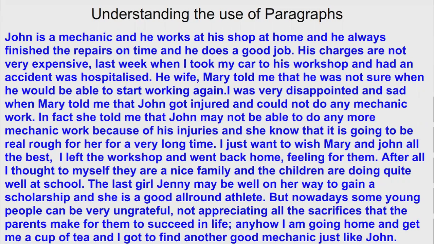Now, we go on to say, I was disappointed and sad. Are you going to continue this as part of that paragraph, or are you going to introduce it as a new paragraph? Is there any relation between the fact now that you're not sure when John is going to start back work? So is that part of the whole transaction about you being told, or is your disappointment a separate and distinct scene, idea, or thought? It's a question to the group.